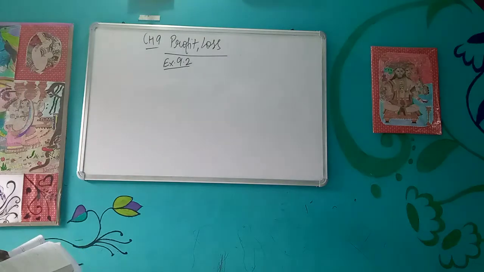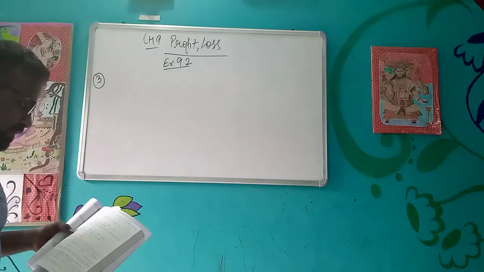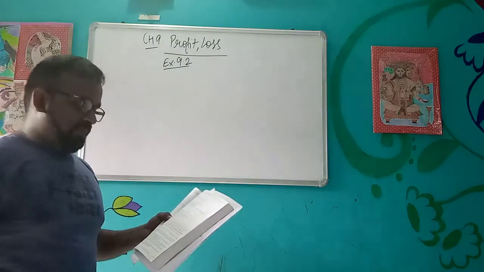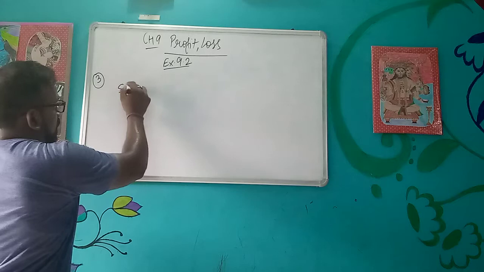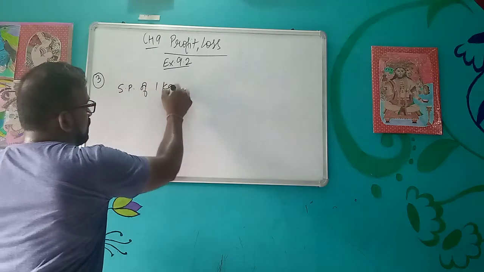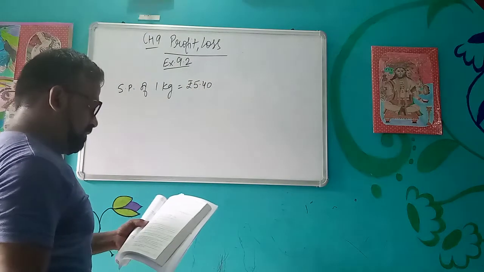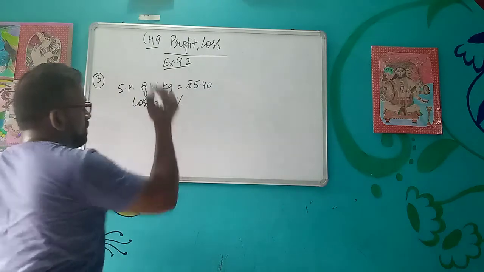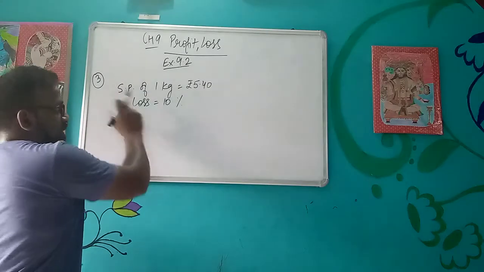Okay, then let's discuss one more type. In question number 3 it is given: what is the cost of a bag of rice containing 50 kg, so the total weight of the bag is 50 kg, by selling it at rupees 5.4 a kg. That means what is given? SP of 1 kg is given. And when he sold it for this, there is a loss of 10%. That means in that case we have to calculate what? CP. So again SP and loss percentage are given.